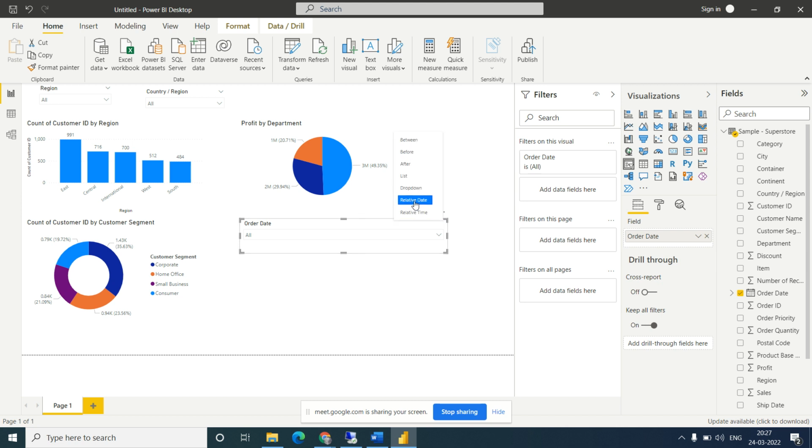In the related date, you will get some options, like the select or last first.